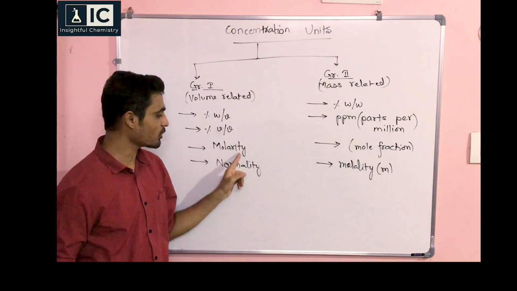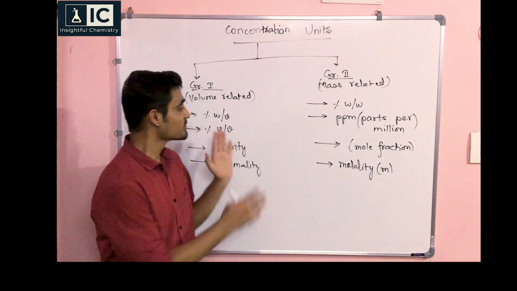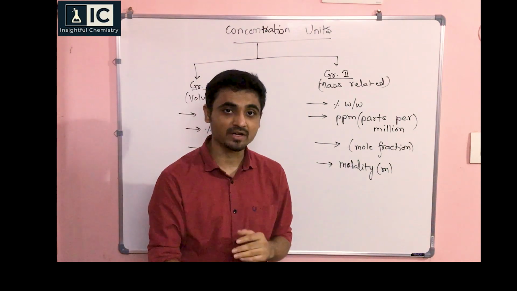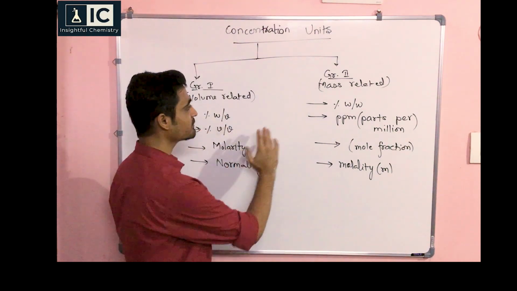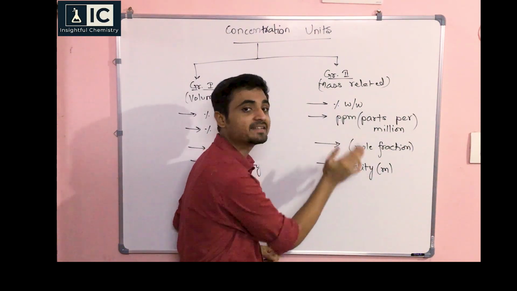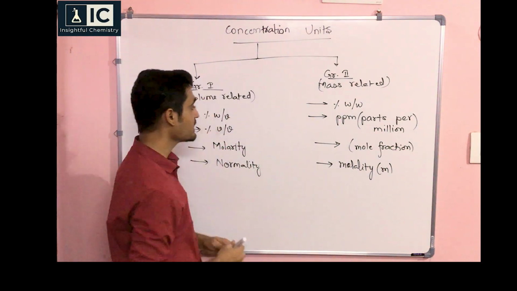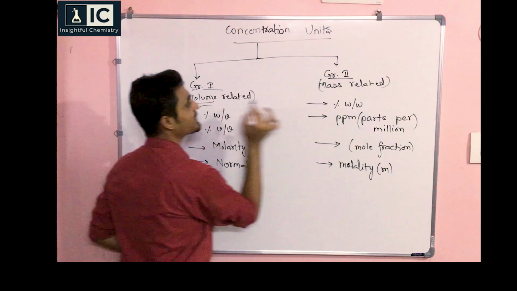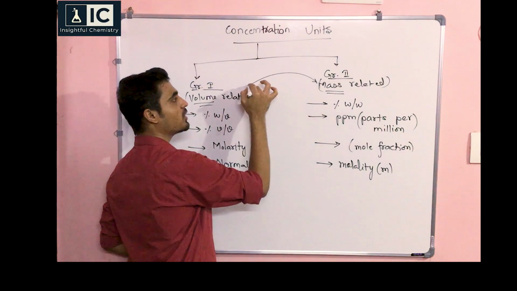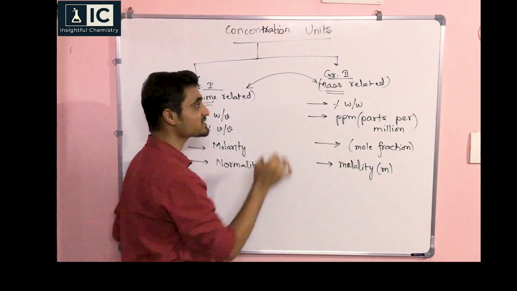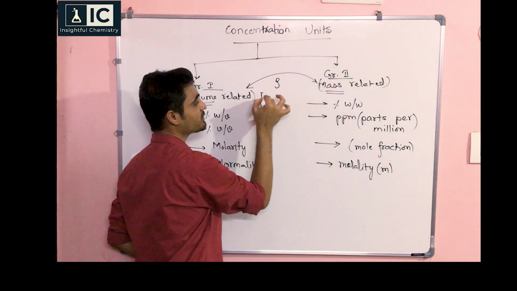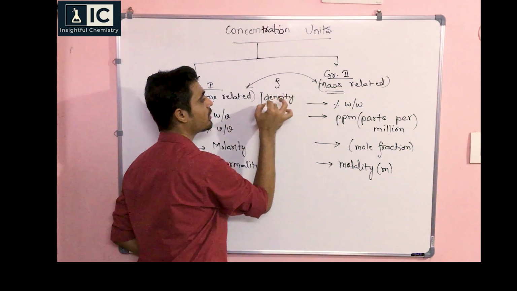Similarly, they have this volume term in all of them, right? So these units are volume related. Why I'm telling this is because whenever conversions are given, you have to understand whether I am going from group 1 to group 2, or am I converting within the group itself? Because this is volume related and this is mass related. So if you have to interconvert between group 1 to group 2 or group 2 to group 1, the density of solution must be given. So in between you need density of solution.